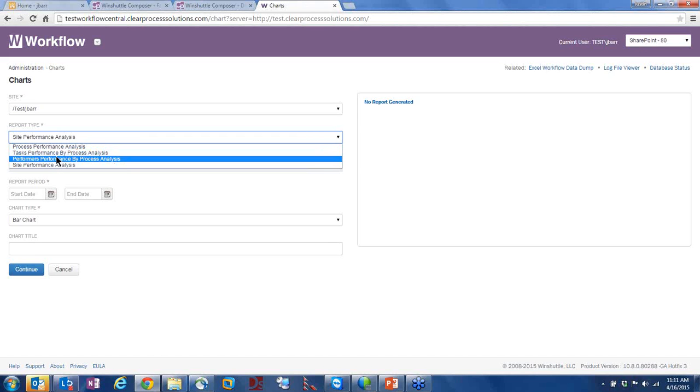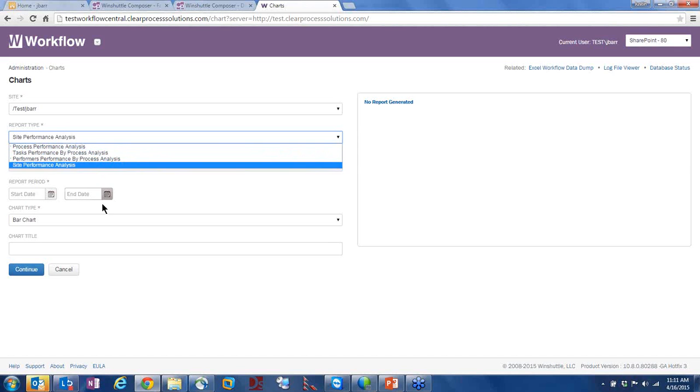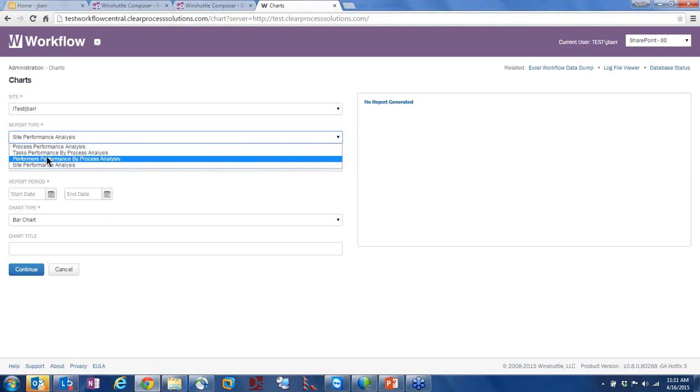If you have 5 customer service reps processing sales orders, you can see which customer service rep is performing faster, or why others may be performing slower. So all this data has always been available. It's just been kind of hard to get to. So in this new version, 10.8 Winshuttle Workflow Central, you have a little bit easier access to get to